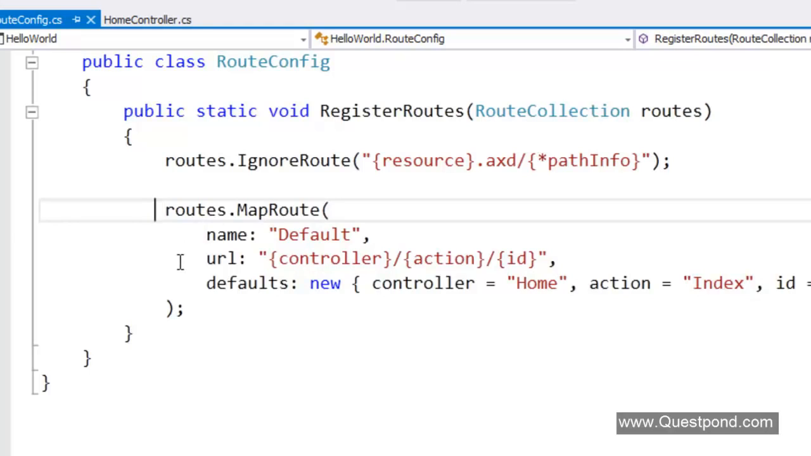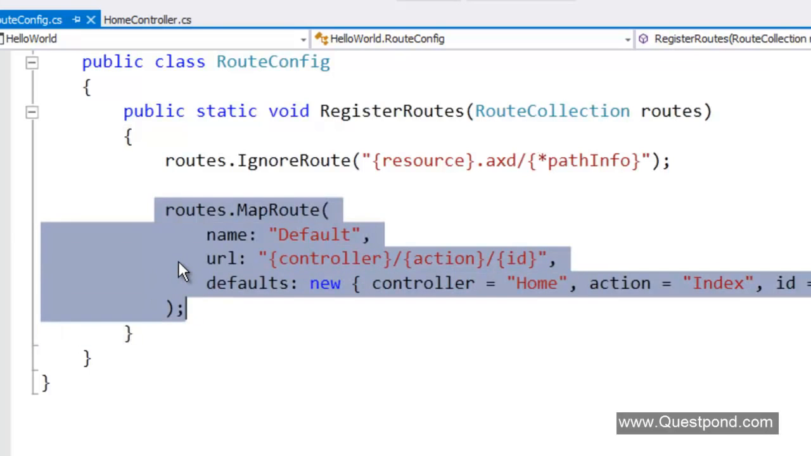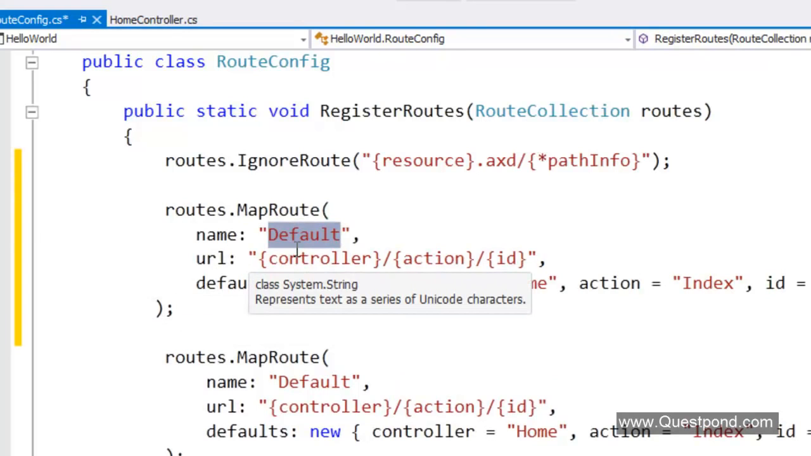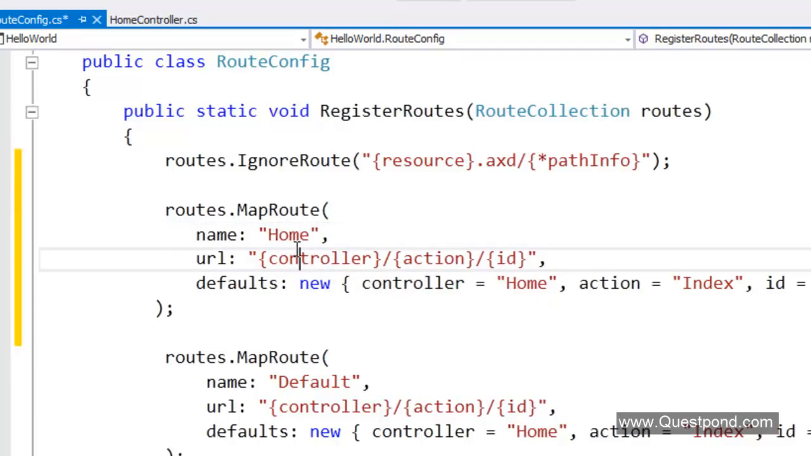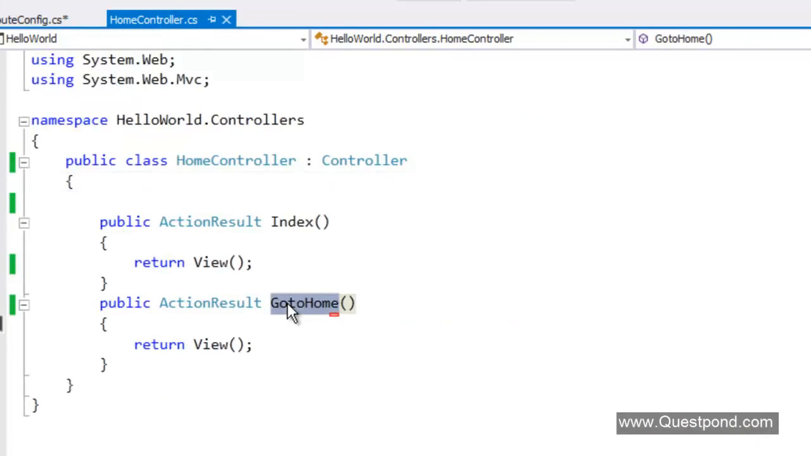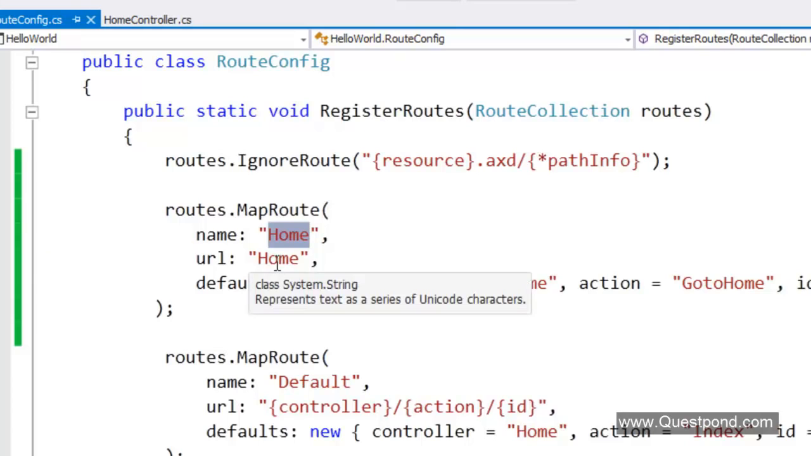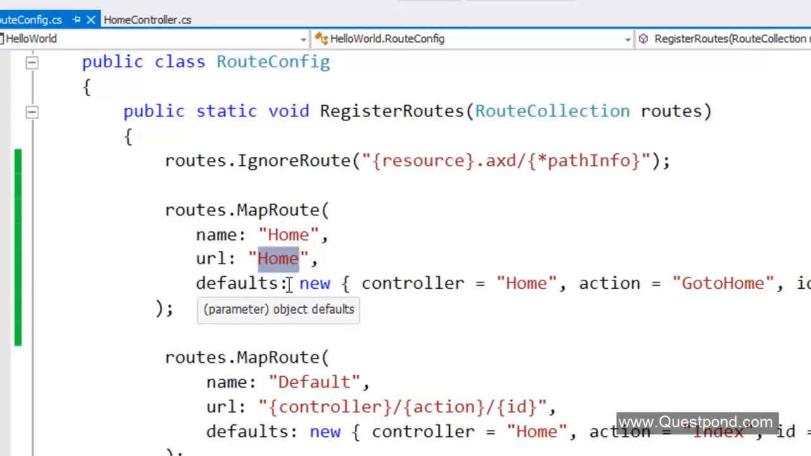So what I'll do is I'm going to add one more route here. I'm going to press Control C, take this thing, press Control V, and I will say this route is for the home. So I'll say home. And when anyone goes and types just home, please go and invoke the home controller and invoke this action, go to home, right? So I have created a simple home route here. I've named it home. If somebody types this URL, if somebody says the site name/home, it will go and invoke the home/go to